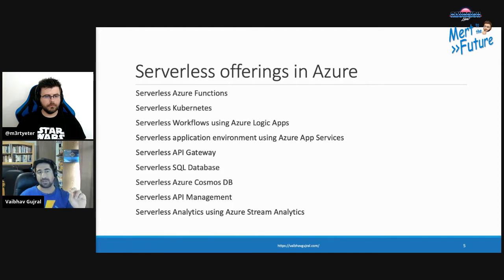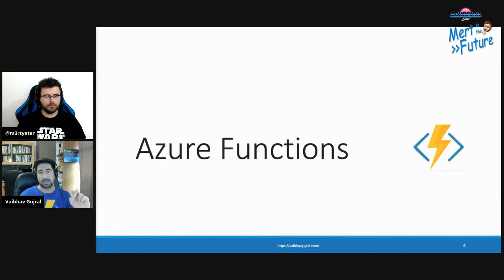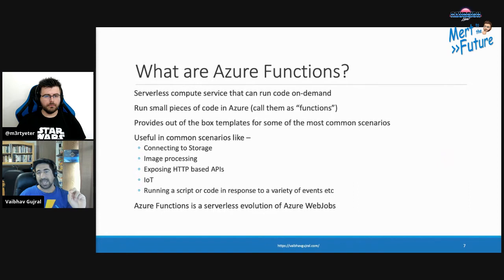You can have serverless API management. You can use something known as stream analytics for serverless analytics. And this list has been growing. You can check out Microsoft documentation for an up-to-date list of what different services do support serverless infrastructure. Let's jump onto Azure Functions and see what Azure Functions are. As I was saying, Azure Function